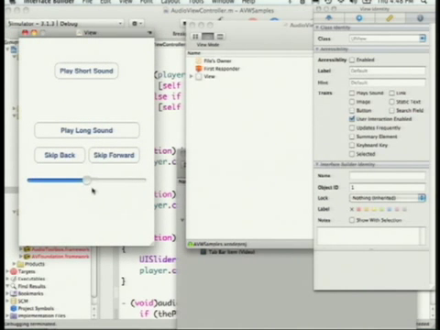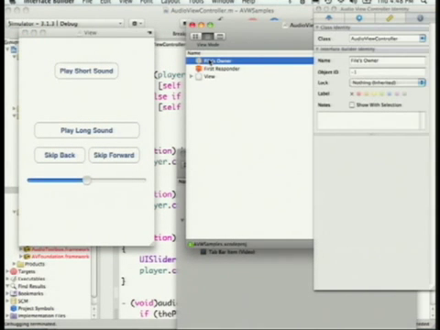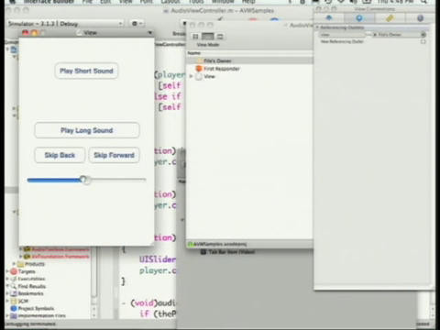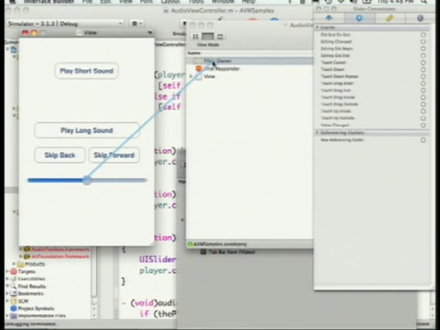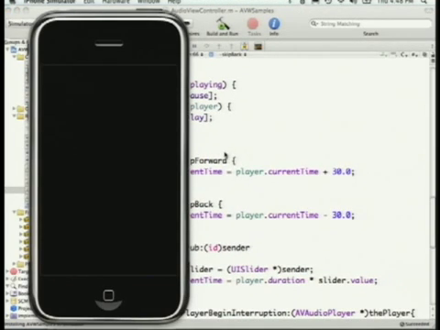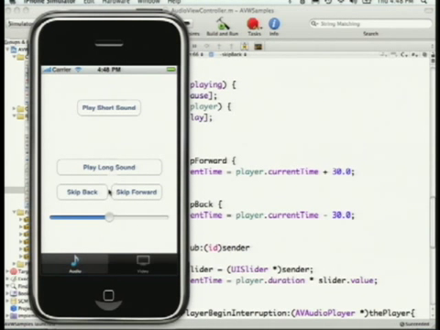Well, one thing I needed to do here that I forgot, and I always forget, is to hook up the slider to the scrub action. And let's kill it and run again. Okay, so here we have our scrubber. It's hooked up to the action. When I hit play, it's going to play. Right. And actually